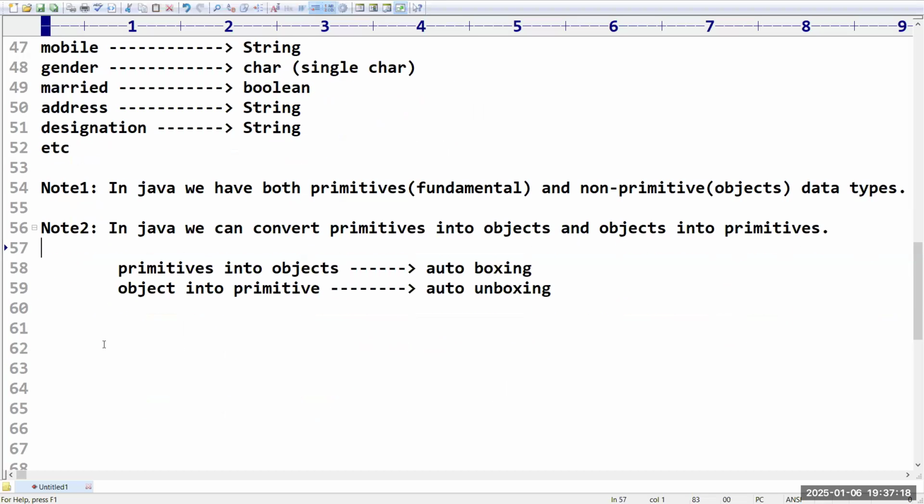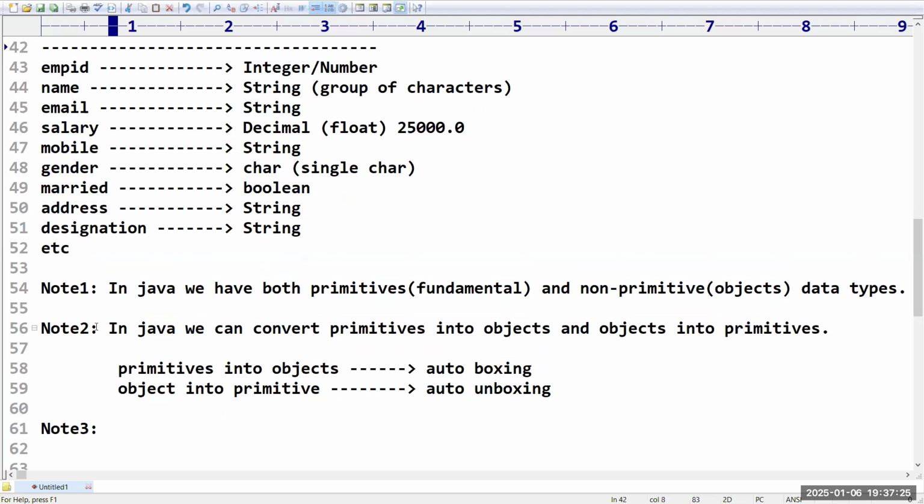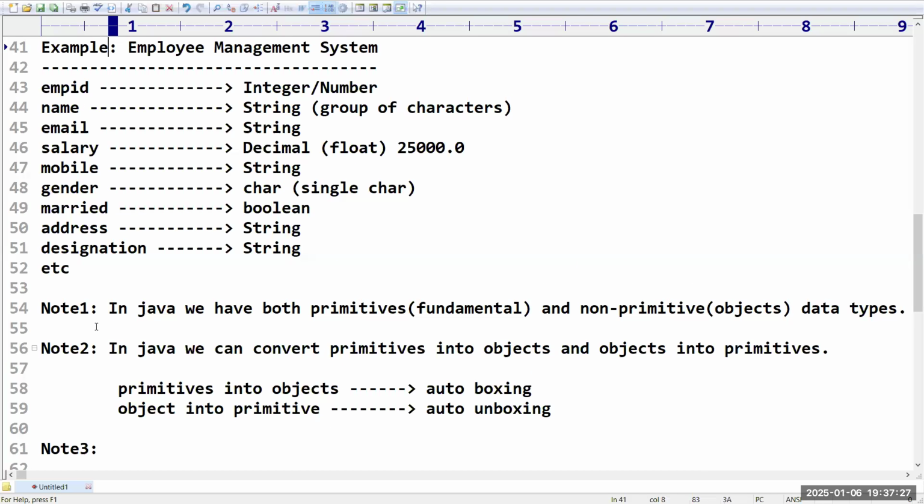Right. Then the last note: by seeing the example, you have to tell the answer. So I'm displaying this example as it is. The last point is the most commonly used data type in Java programming. Can you please see the examples and tell me which data type we are using commonly, with your analysis of whatever I displayed on the screen?